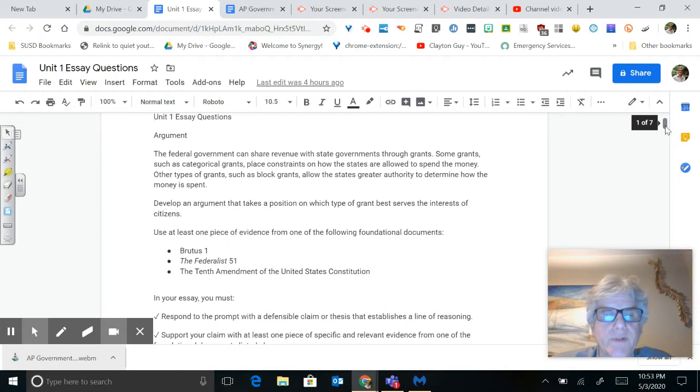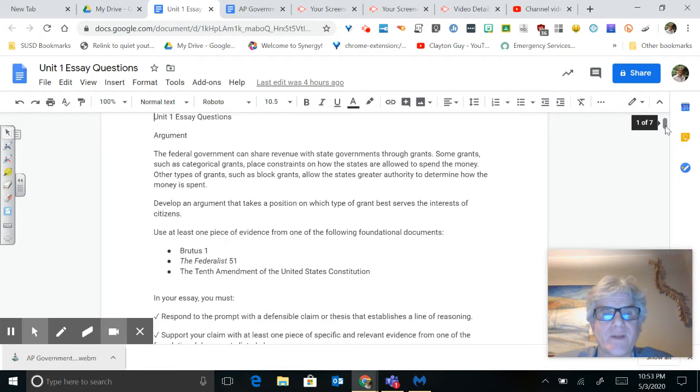So when you're looking at Brutus number 1, they're stating that the citizens know best, and representatives can only represent people at the lowest level possible. The 10th Amendment basically states that if it's not specifically written in the Constitution and it's not denied to the states, it's reserved to the powers of the states. So that would be like education, marriage laws are reserved to the states. And then Federalist 51, of course, is with checks and balances, and the republic is the best. Representative government is the best way to control factions and control different ways.